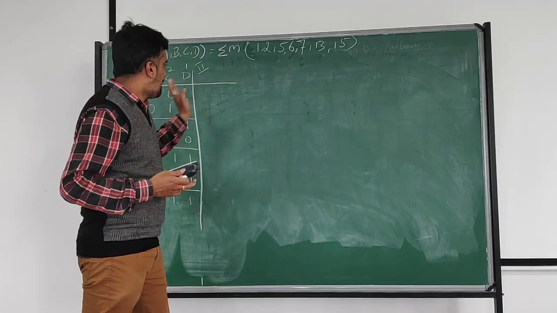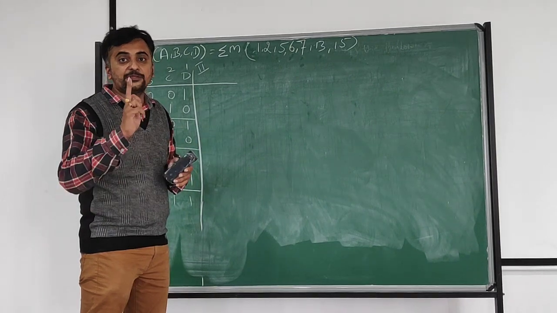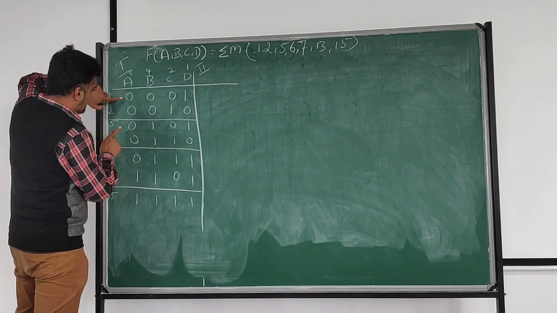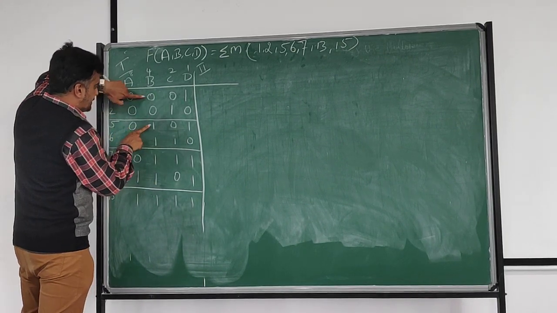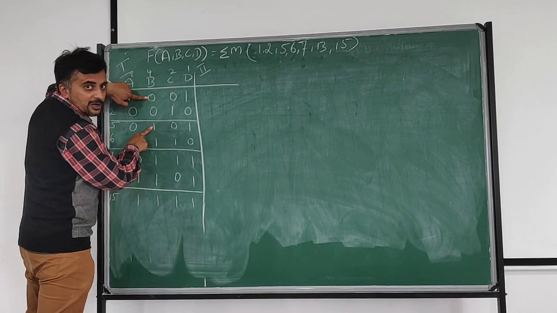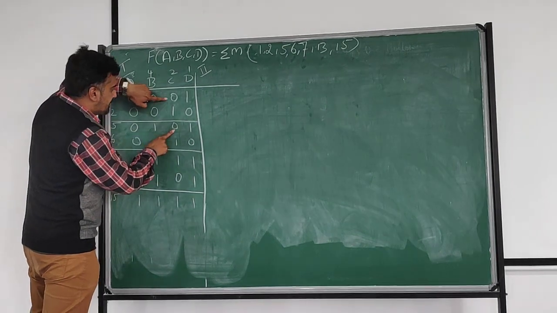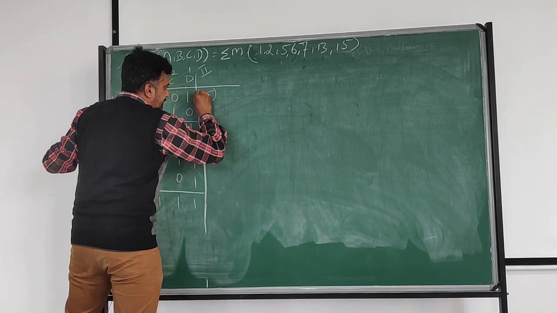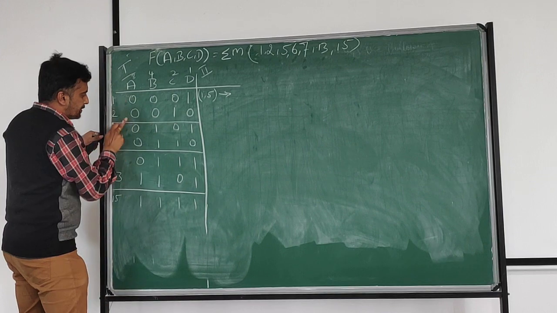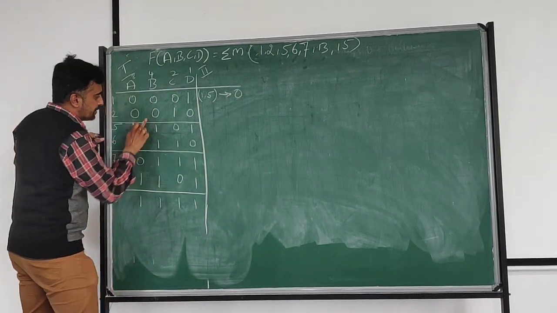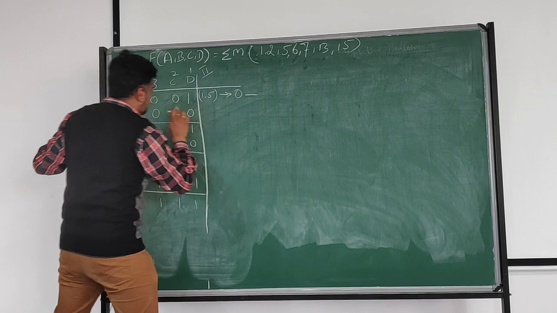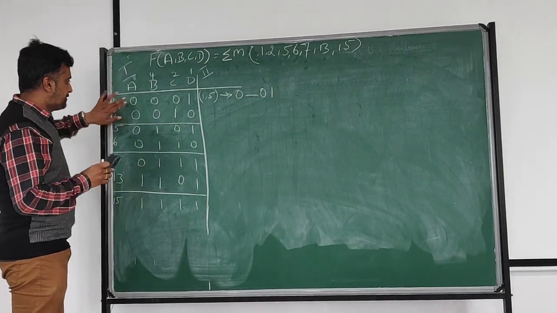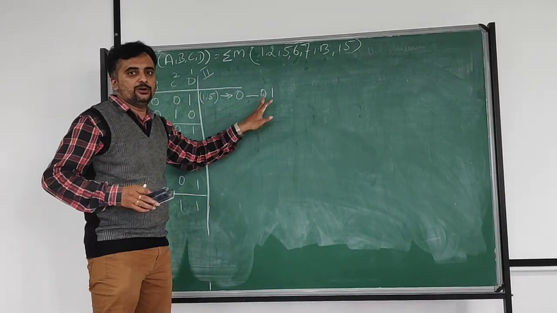After completion of the first step, in the second step we identify single dashes. So compare 1 with 5. See here: 0, 0 same. 0, 1 change. If the value changes, you consider it a dash. 0, 0 same. 1, 1 same. So 1, 5 is available. The first 0, 0 stays as it is, 0 with 1 changes to a dash, 0, 0 same, 1, 1 same. So the final value is 0 dash 0 1.